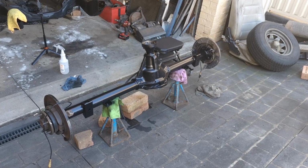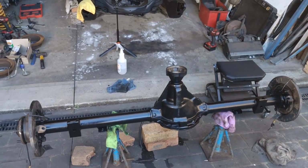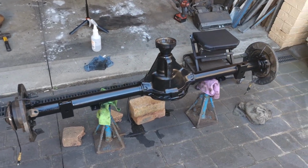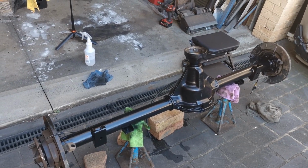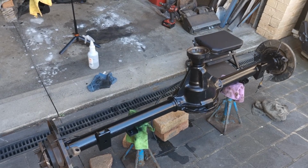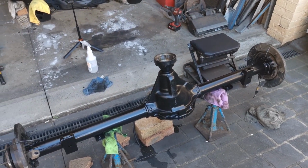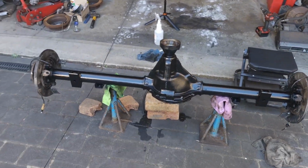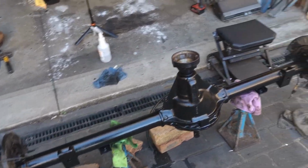So it's the next day now. Finished painting both sides of the diff. Turned out pretty good. Something I didn't catch on camera though is I believe this paint is supposed to be cured in an oven, but obviously I don't have an oven big enough to put a diff in, so I just got a heat gun out and went over it for about 20 minutes. Hopefully that's good enough. I mean, that's the best I could do really. Anyway,